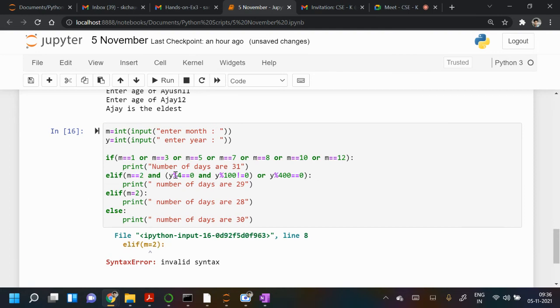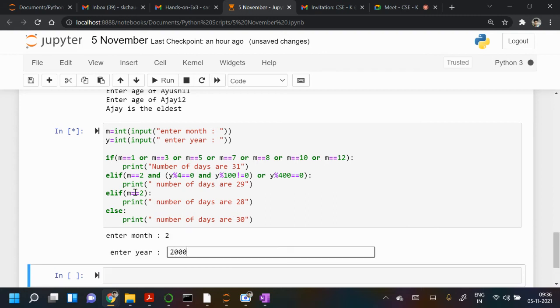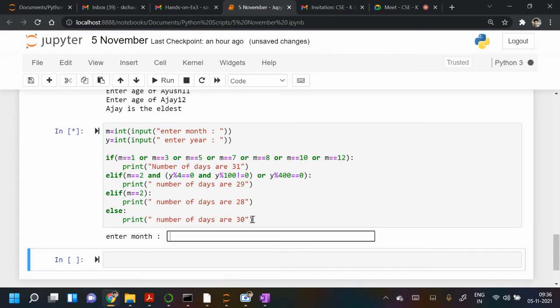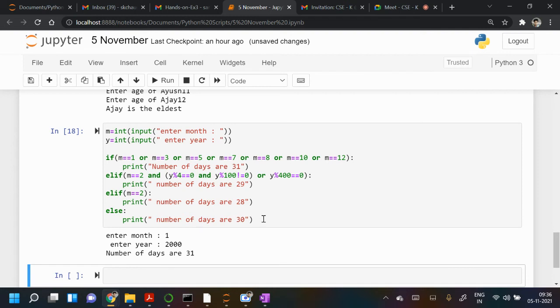Okay, here I have to write double equal. Fine. So enter month, like February, enter year 2000, plus 29 days. January 2000 has 31 days.